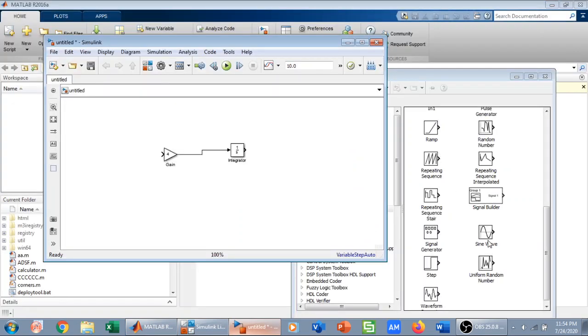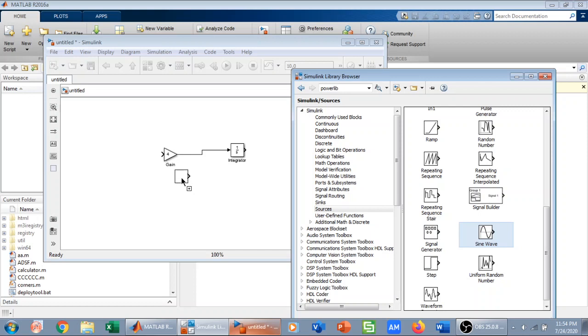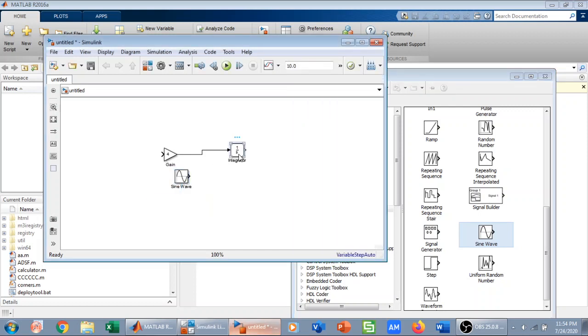I will drag and drop this sine wave here. I will delete the integrator by clicking on it and pressing delete, and I can delete this line too. So I have a sine wave as a source and I have a gain of 4. My aim is to draw the sine wave and also amplify it by a factor of 4 and see the output. I will connect this here, and then for visualization I can have the scope.